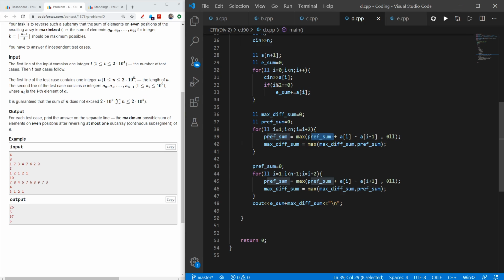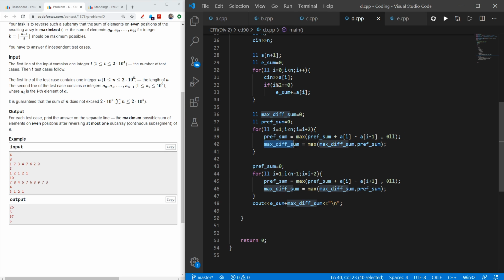As we do, I add it in my prefix sum, but at any step if it becomes negative, then I will just opt for 0, because at the end what I want is 0 or more, because if the number becomes negative, then I will not add it in my answer, especially in the maximum sum.